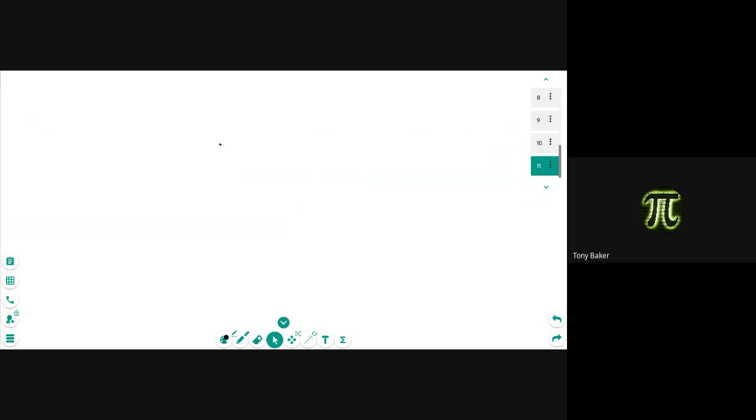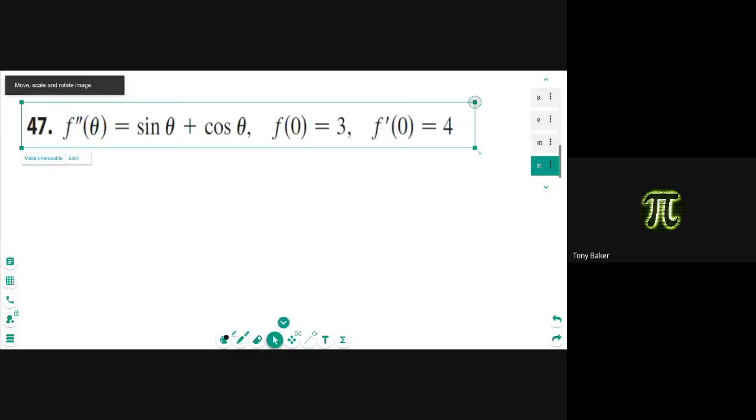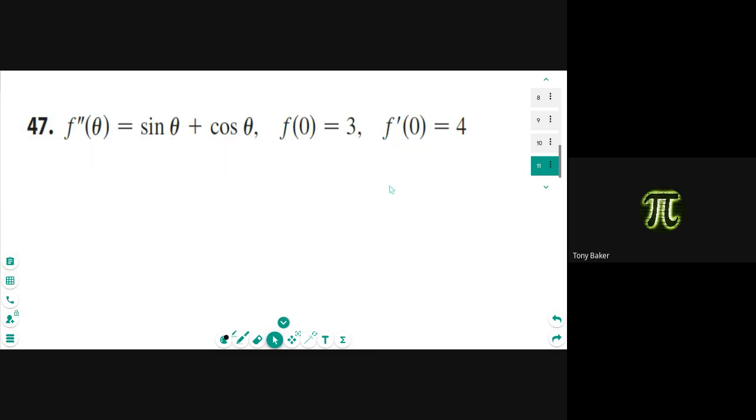We'll start with one of those. We'll do this one. All right. Find me f of x, or f of theta. Then we'll do a